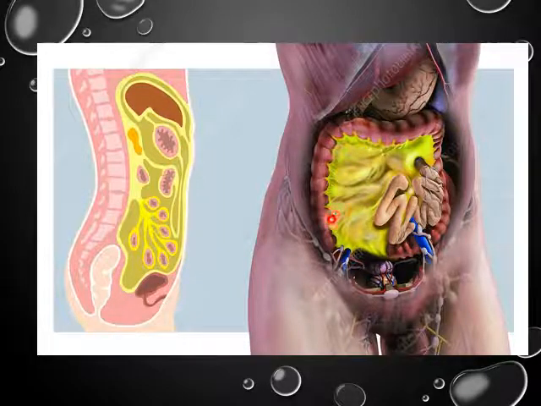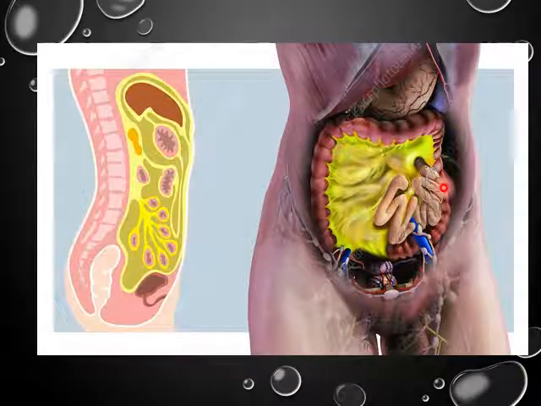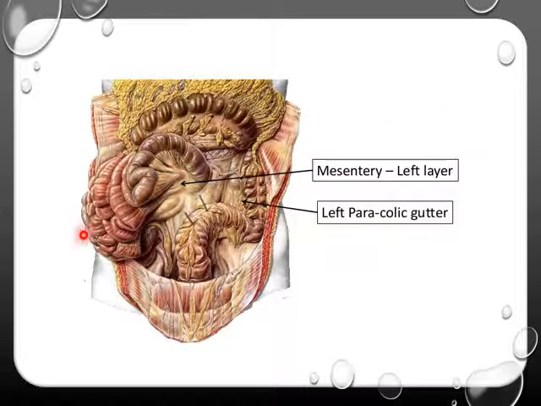Now, covering the whole of the structures which are present over here at the posterior abdominal wall. Next it forms the right layer of the mesentery, and then covers the whole of the small bowels, and after covering the whole of the small bowels, it becomes the left layer of the mesentery, and thus the mesentery is formed. And then it goes once again more onto the left side where it has to cover the descending colon. So thus we have covered the whole of the posterior abdominal wall.